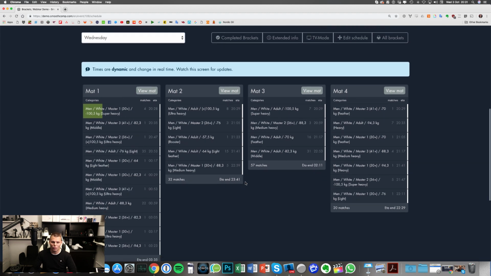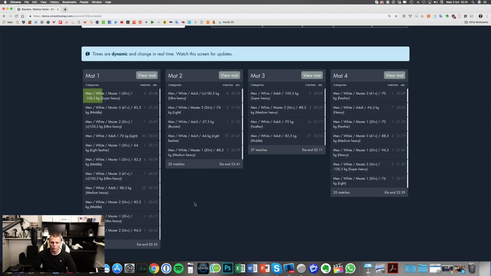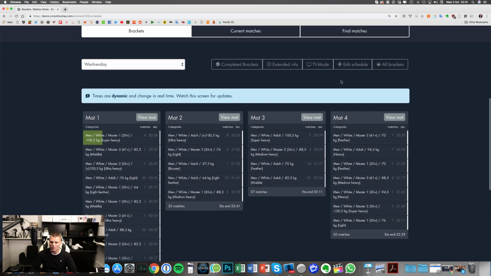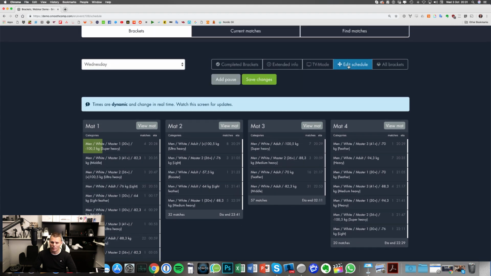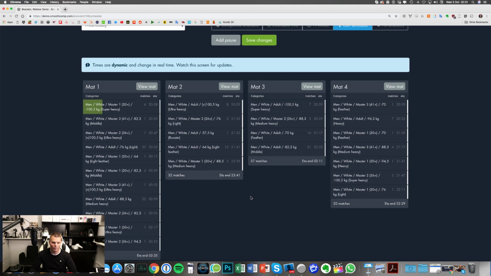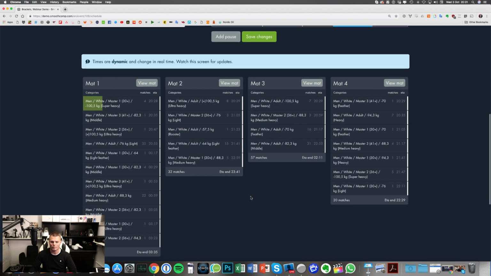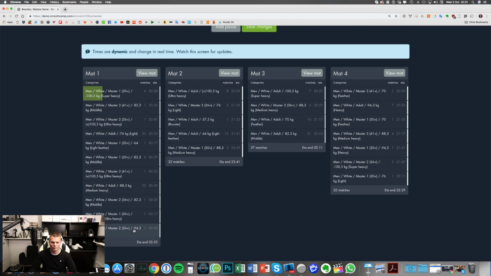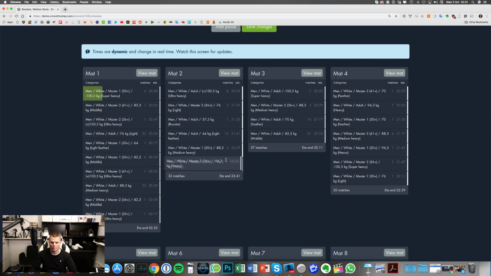So in order to move a bracket from mat number 1 to mat number 2, I will click Edit Schedule here. When you're doing this operation, it's good to see what consequences you are giving the actual group. If Rickard picks up the last bracket of the day on mat 1, they think they will start at 3:23, and if he puts that on mat number 2 now, they will instead start at 11. That will give you disqualifications. Those players will not be able to adjust their plans.